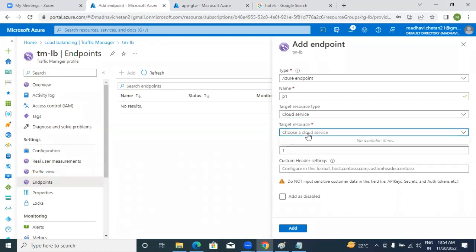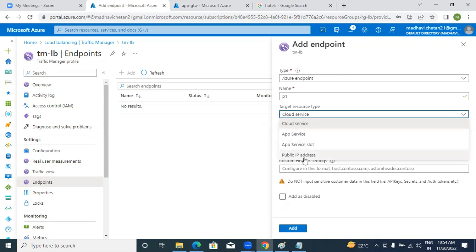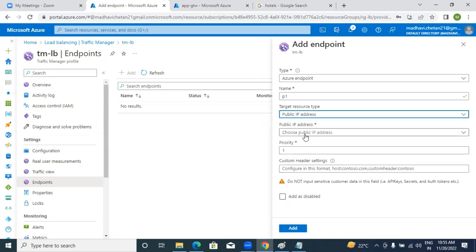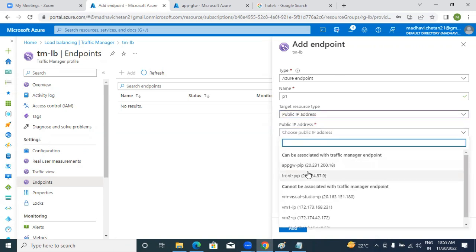And then here I can use a target service. You see here, I can go with the public IP addresses, and then here I can choose my address. Now if you look into that, there are multiple public IP addresses, but I'm not getting that public IP address. It says it cannot be associated with the traffic manager endpoint. Only these two can be associated with that. Why? Because only these two